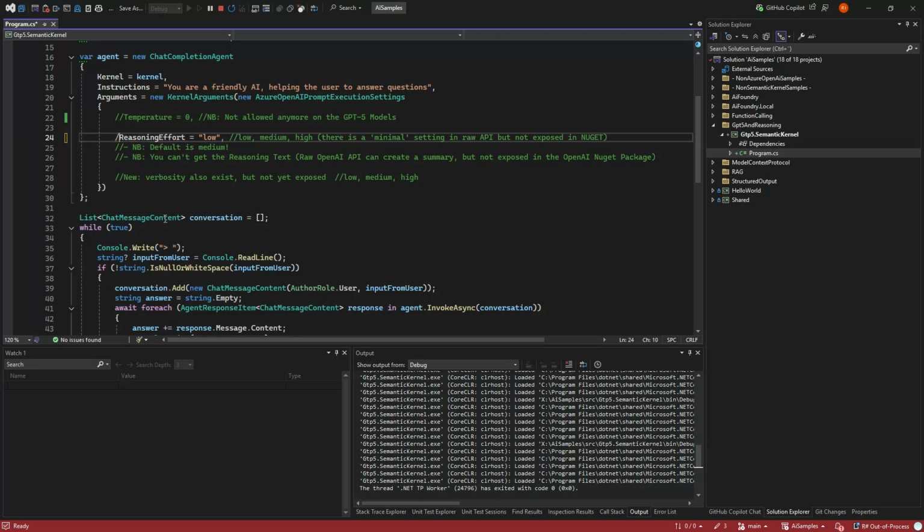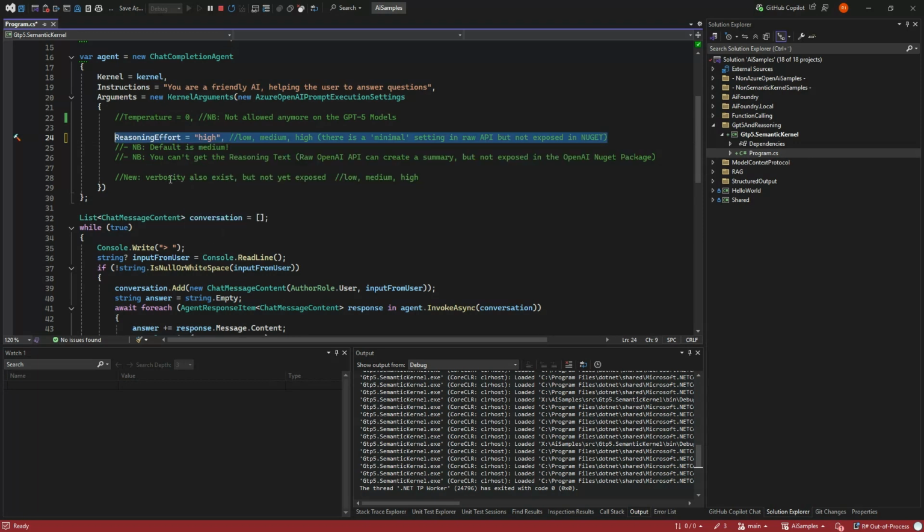And this is something that really surprised me, that with no setting it's actually not equal to low, but equal to medium. We can, of course, set it to high as well if we really want more reasoning, and that's exactly the same as when you use the o3-mini, for example. Set it to high in order to have the most reasoning effort, and it will use more. Of course, this is a trivial question, so it will not use any more, but that depends on the question, of course.